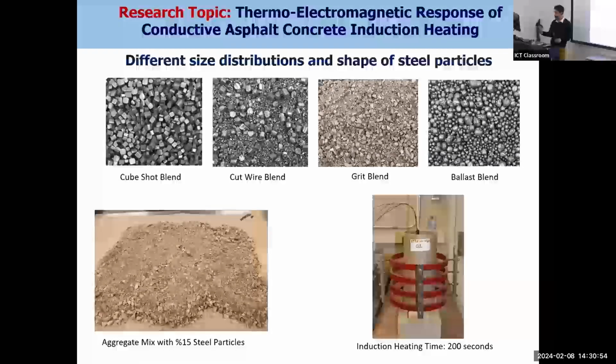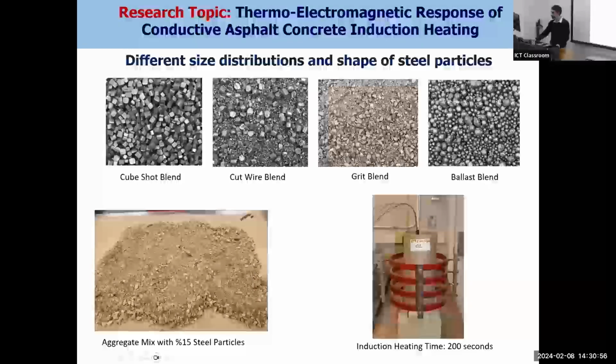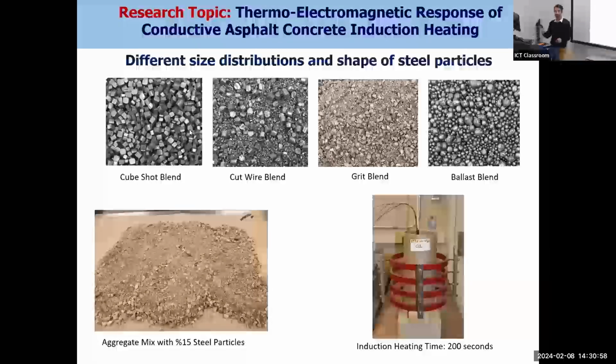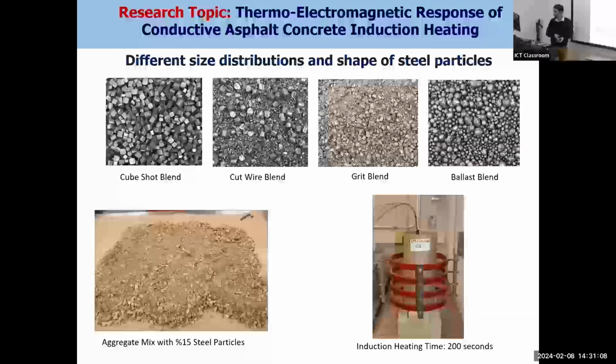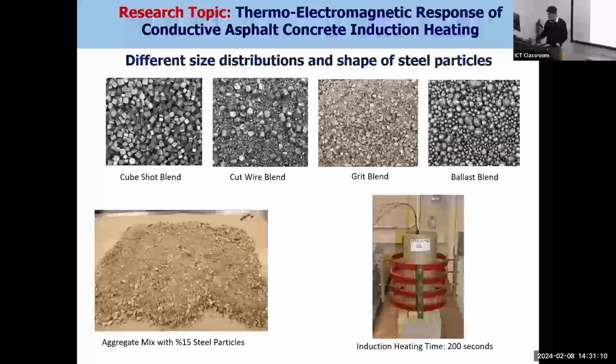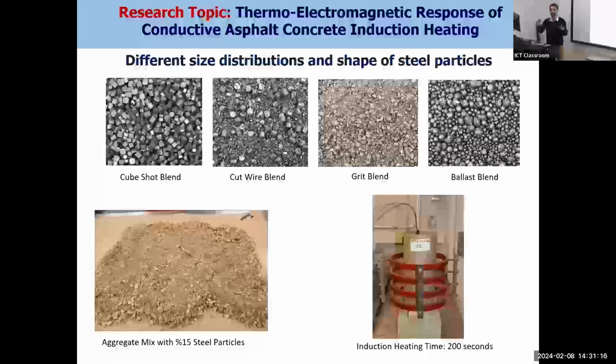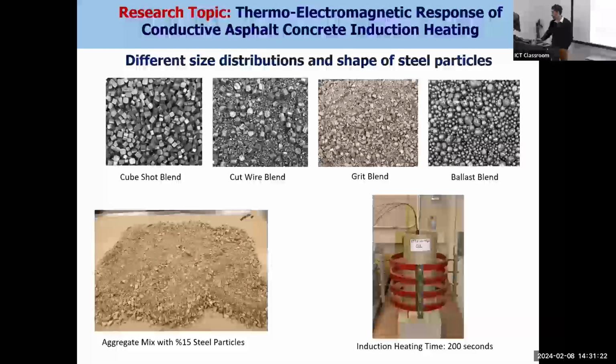So they were looking at what type of material to use, what should be the size distribution, what could be the grit blend, the percentage, and of course, when you mix them together, you apply it. It is very similar to putting it in a microwave. So you apply energy to it, and then it heats and creates the hot mix instead of a cold mix.